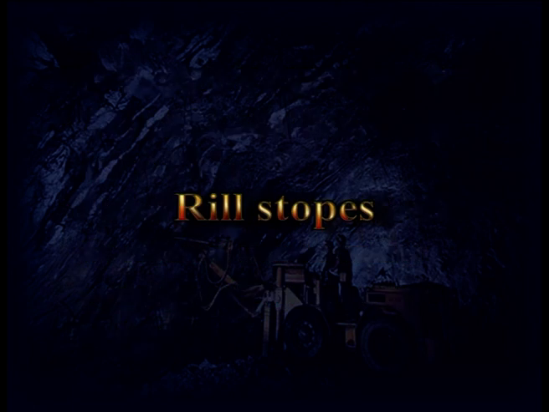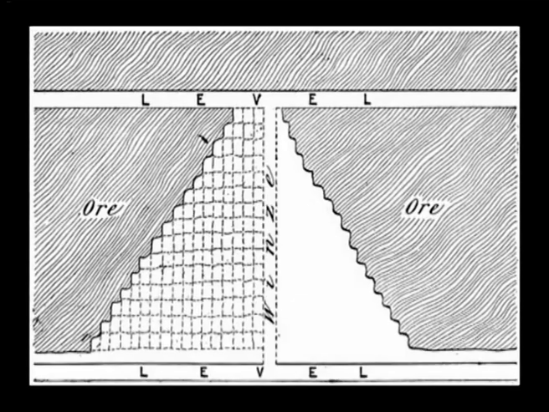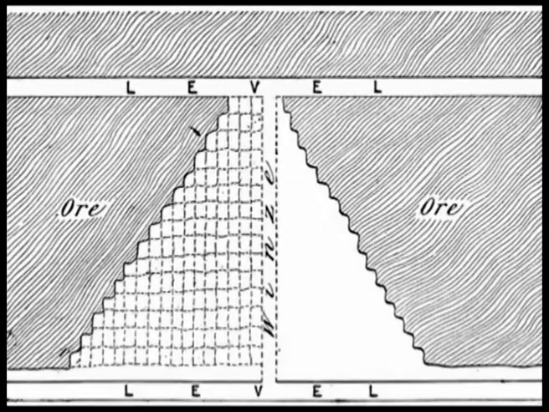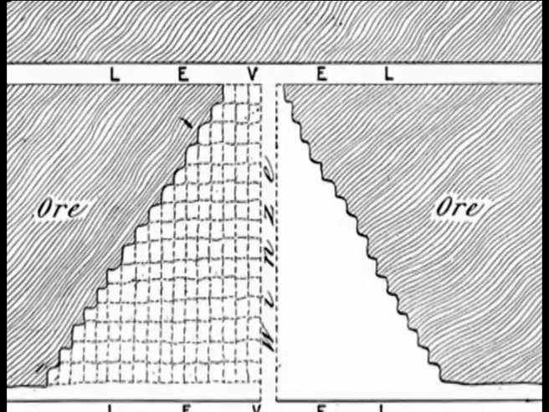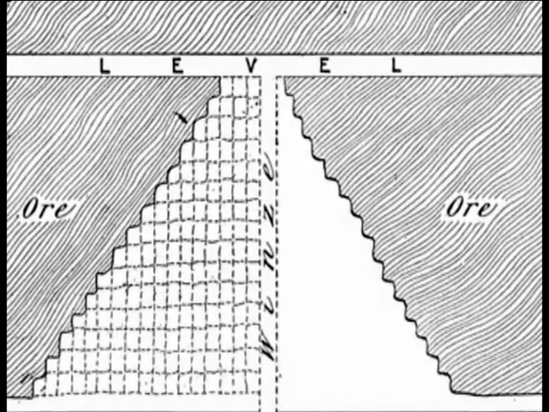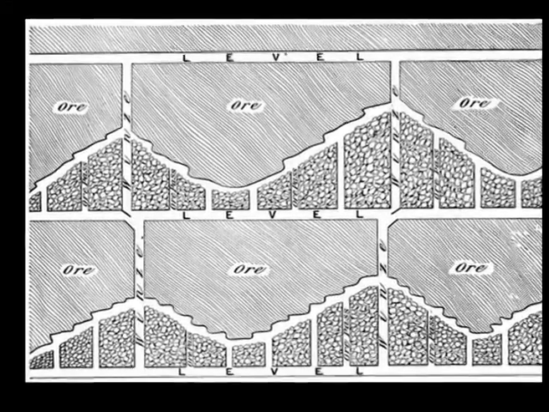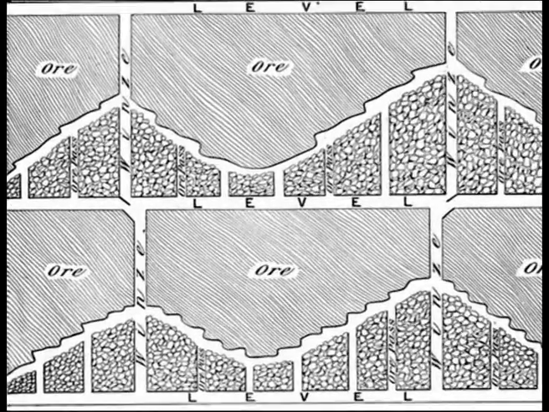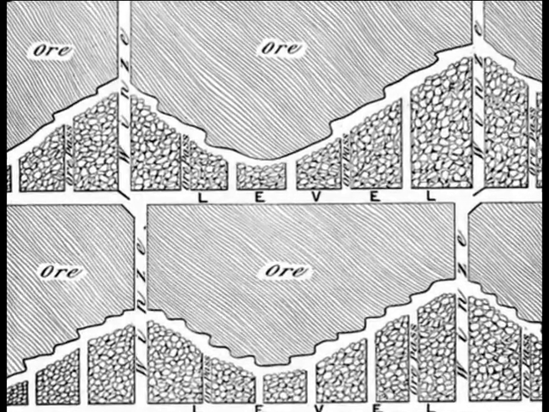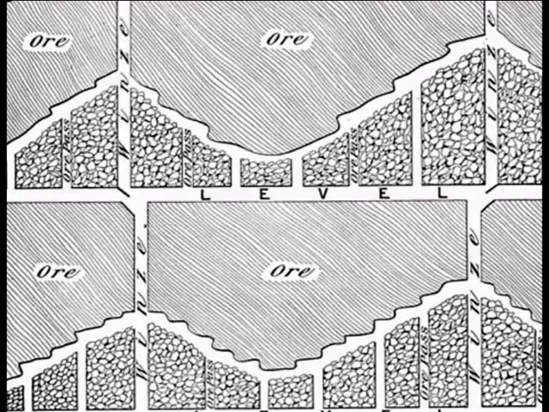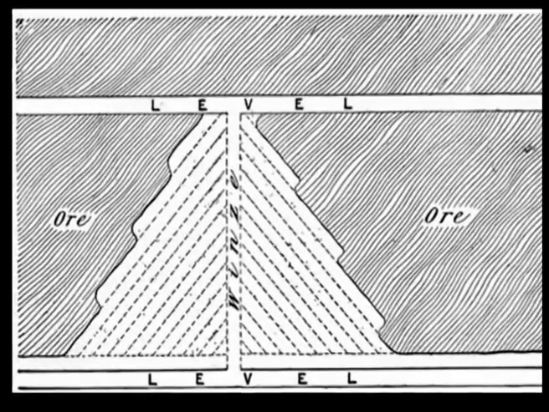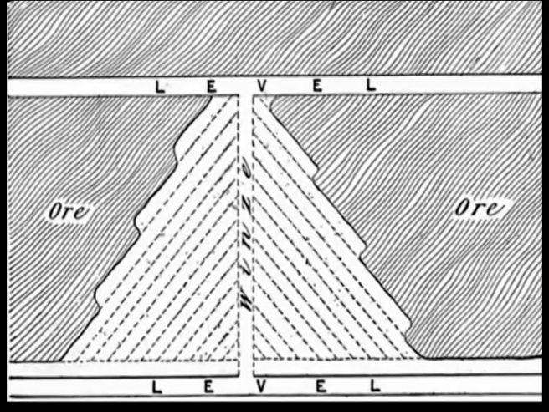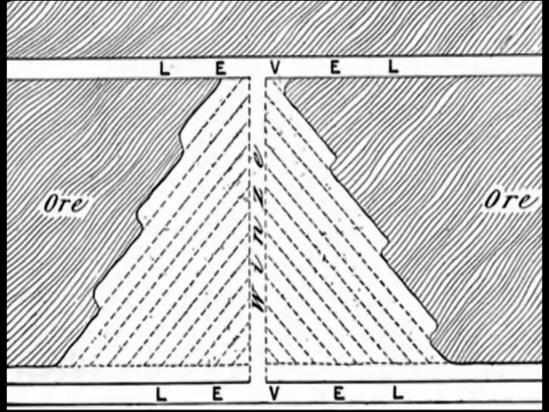Rill stopes. In this method, the overhand stope is developed in such a manner that the back has a stepped appearance. This method is designed first to utilize waste filling of stopes through chutes and second for filling the stope with waste by gravity. A rill stope can be started also as a V cut in which raises are made at suitable intervals. Rill stopes are commonly used to various extents in particularly all metal mines whenever conditions are favorable.